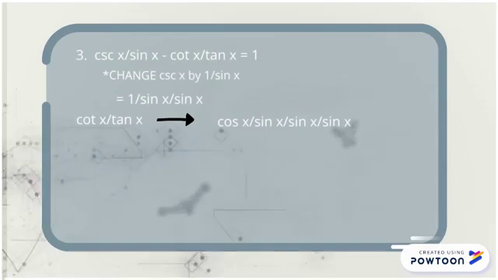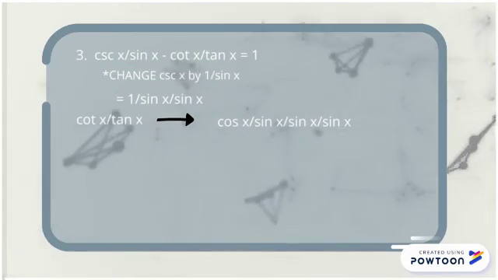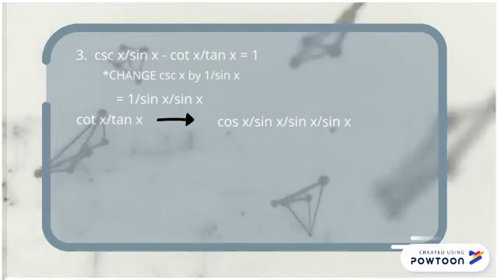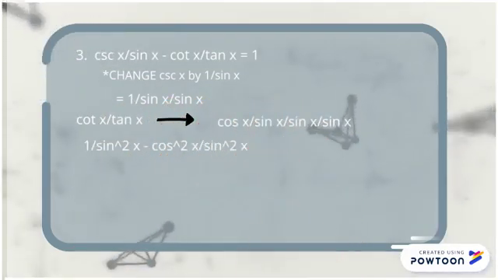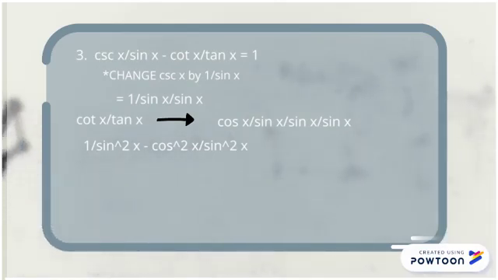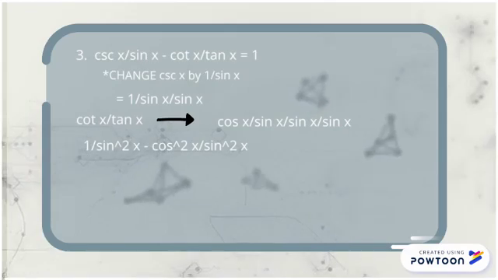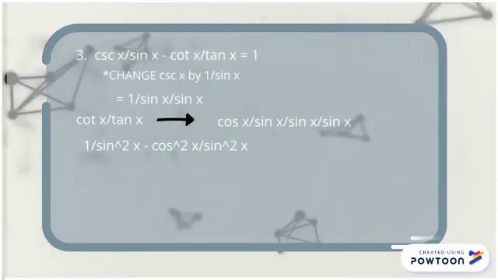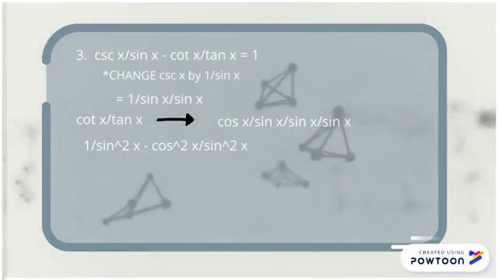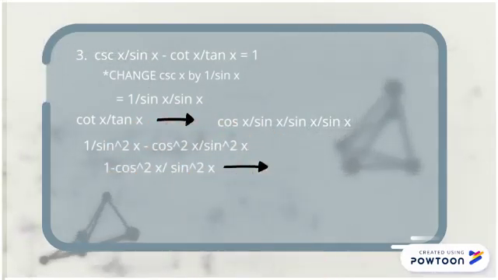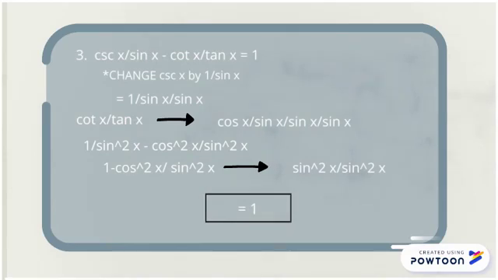Using the conjugate property, we'll multiply the reciprocal of the denominators to their numerators, which will leave us 1 over sine squared x subtracted by cosine squared x over sine squared x. Since they have the same denominator, we can just subtract their numerators and we'll have 1 minus cosine squared x all over sine squared x. Then, let's simplify sine squared x over sine squared x, which